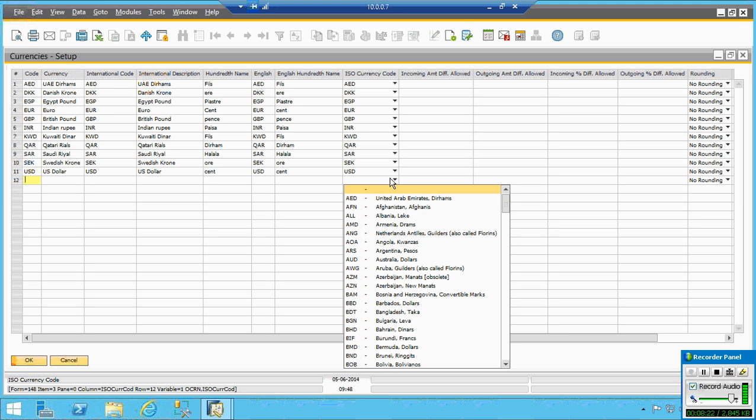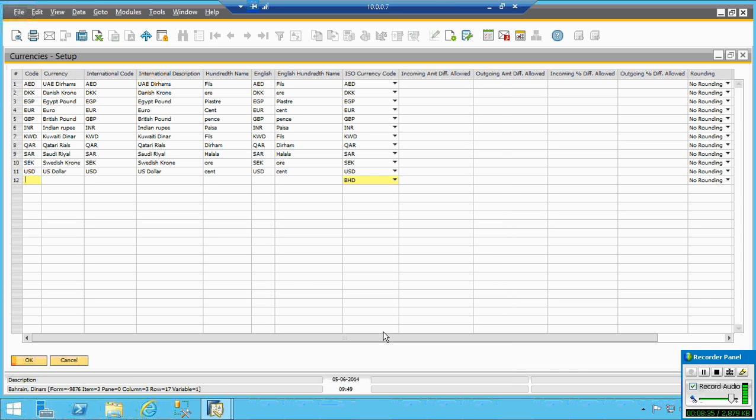So the current currency code, say for Indian rupee INR, is already in use here. USD is already here. This is the same, this is the international code. Only thing you have to define is the currency code, the name, the international code; usually they will be the same. Then the international description, how it is being moved throughout the world. Then what is the understanding, this you should give.